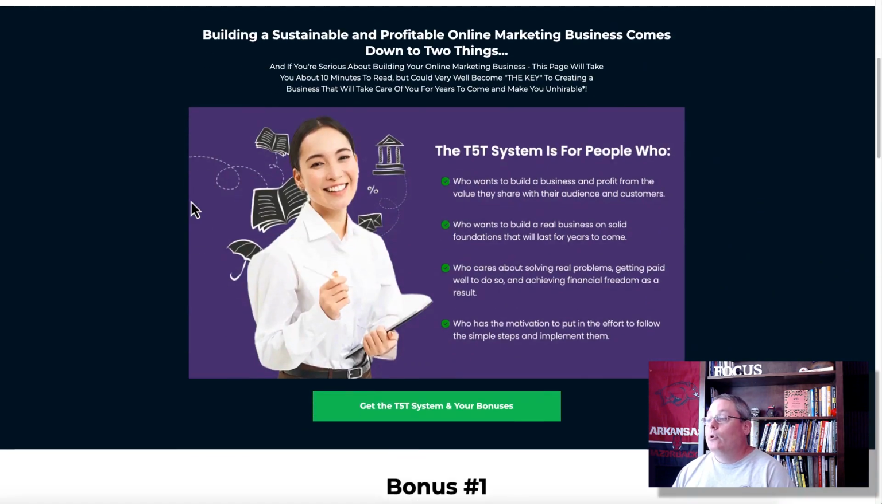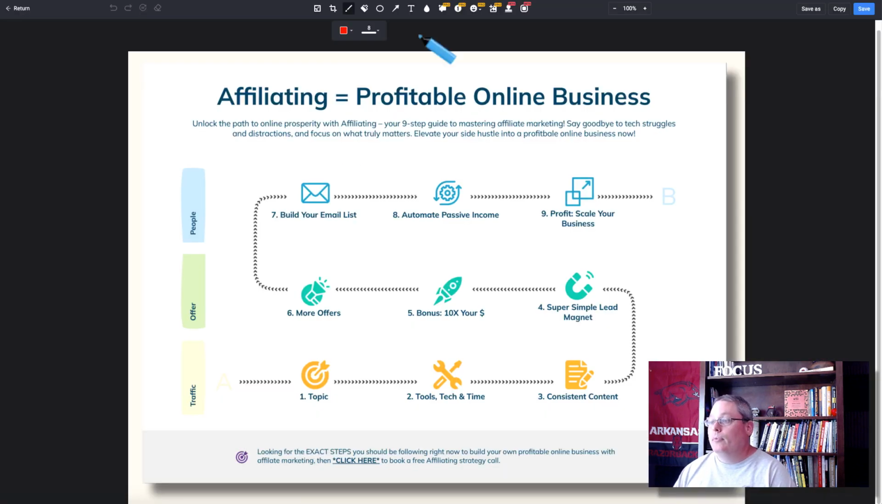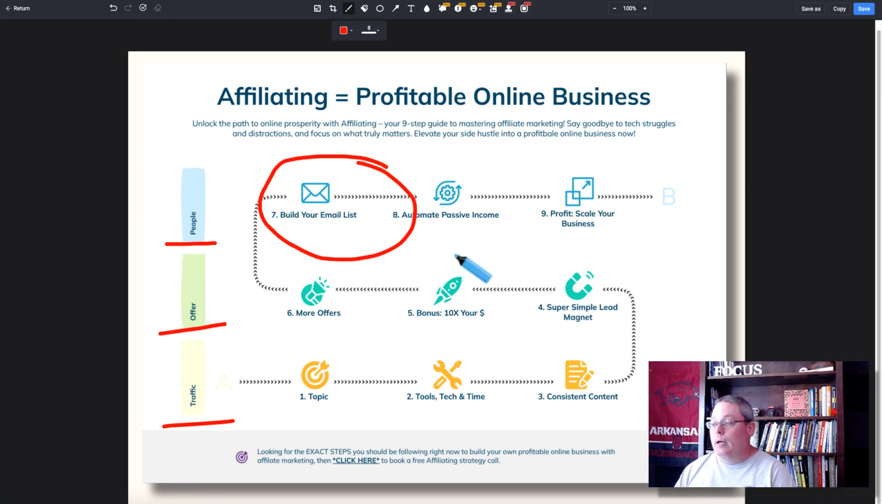And then I will show you exactly what you need to do to get traffic and show off that offer, or show off the offers you're creating, to launch them on WarriorPlus, and then add people to an email list inside of the 30-minute marketing members only membership, of course, utilizing my proven top strategy of traffic, offer, and people, with the end goal to build an email list, get it all automated, and then think about profit and scaling